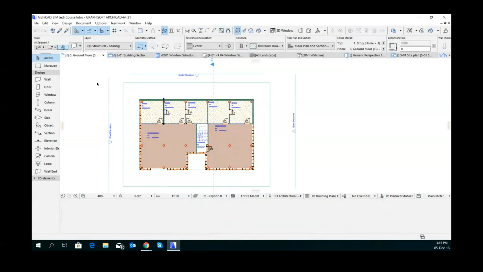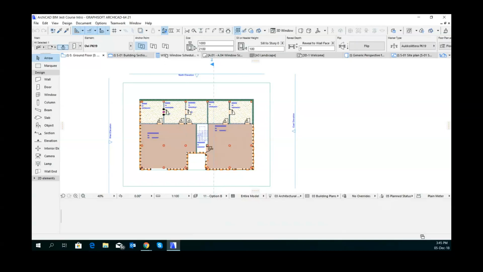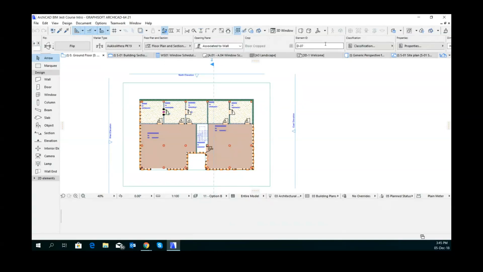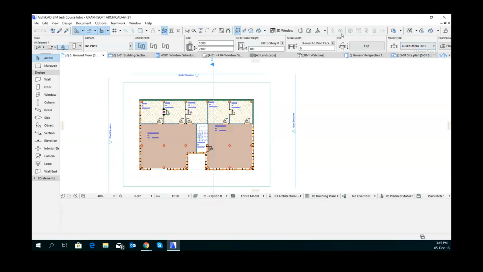So what we want to do now is customize our toolbox, maybe so that things like element ID and these properties and stuff can come to the front, so that stuff that we actually change regularly and we want to be able to find quickly is there, rather than always at the back of the toolbar. So we can then come back into here,